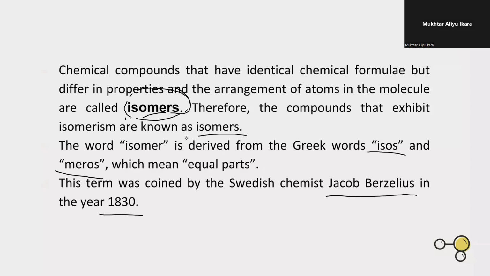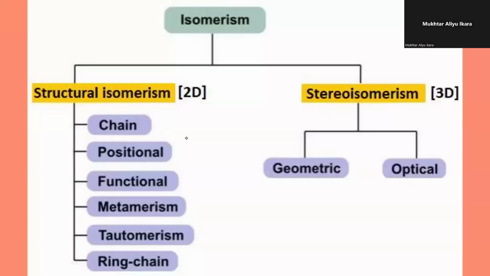Okay, so after this, the next thing is the different types of isomerism. Of course, we can have a 2D structure of a compound, and we can also have a 3D structure of the compound. So when we have a 2D structure of the compound,